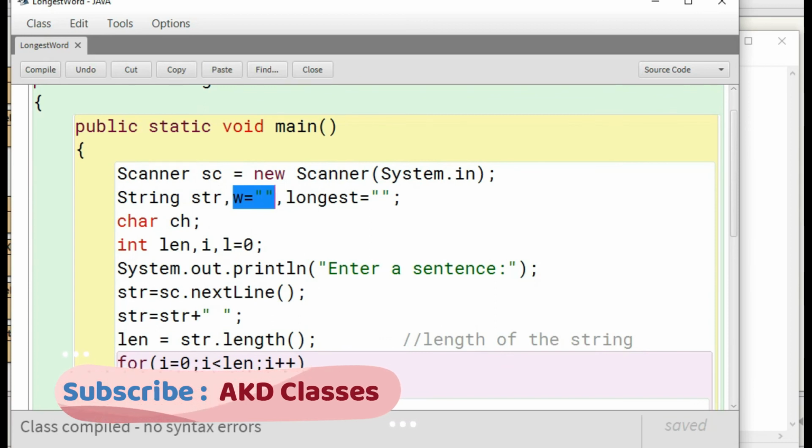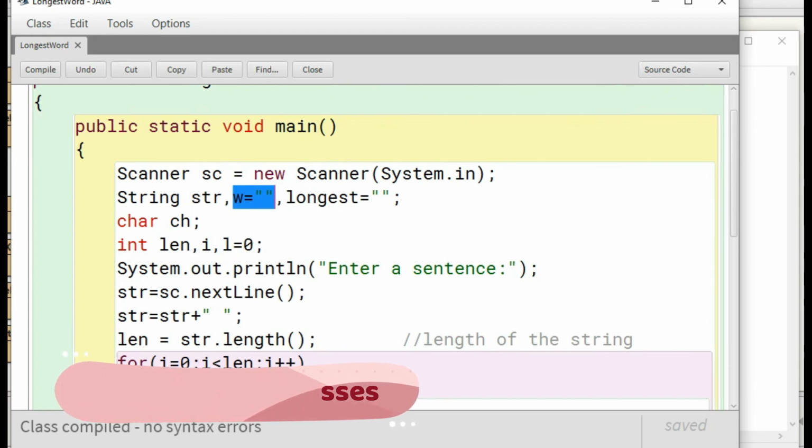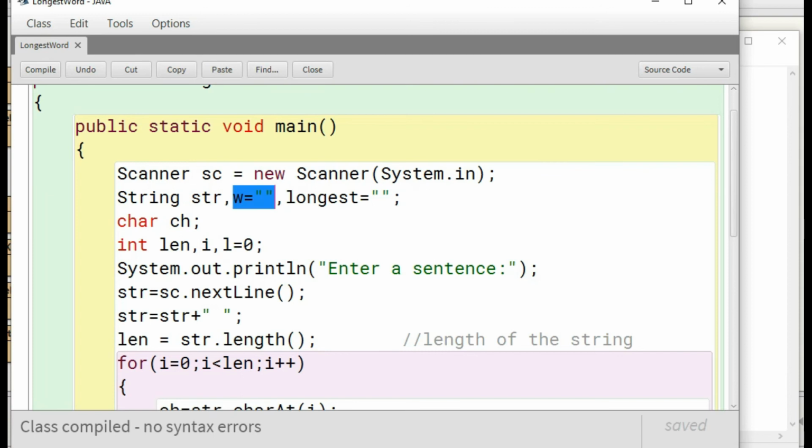So the logic is that we are extracting each and every word of the string str, and we are checking the length of the word. So we are extracting the first word, checking the length with the second word whether it is maximum or not.